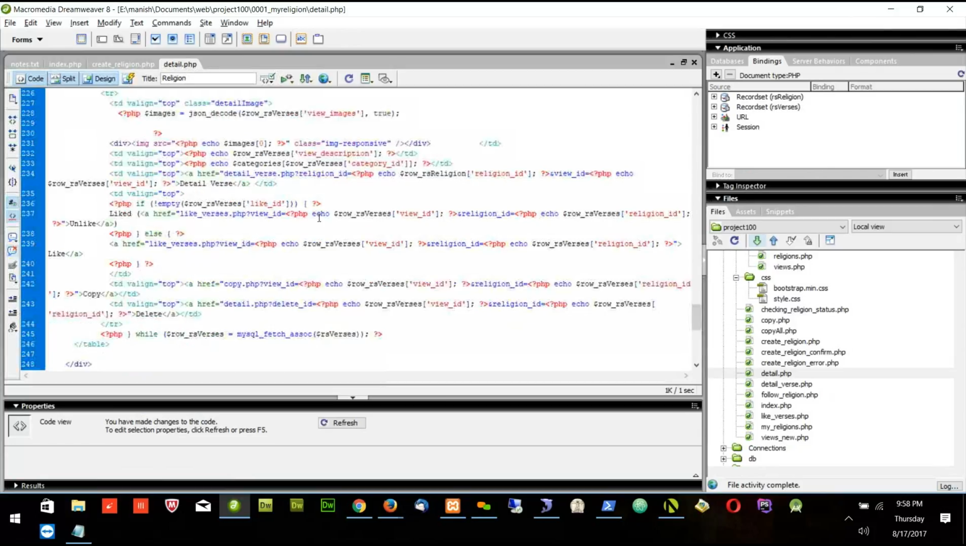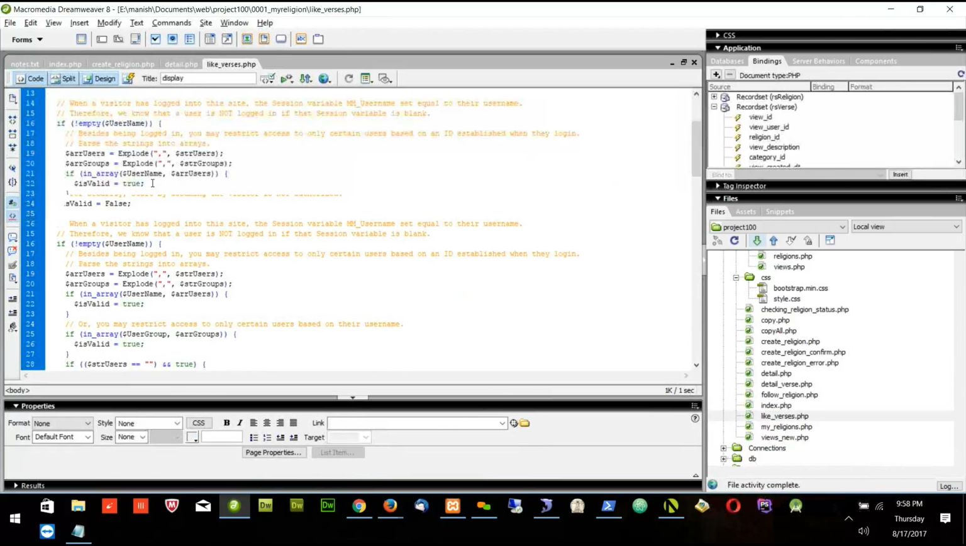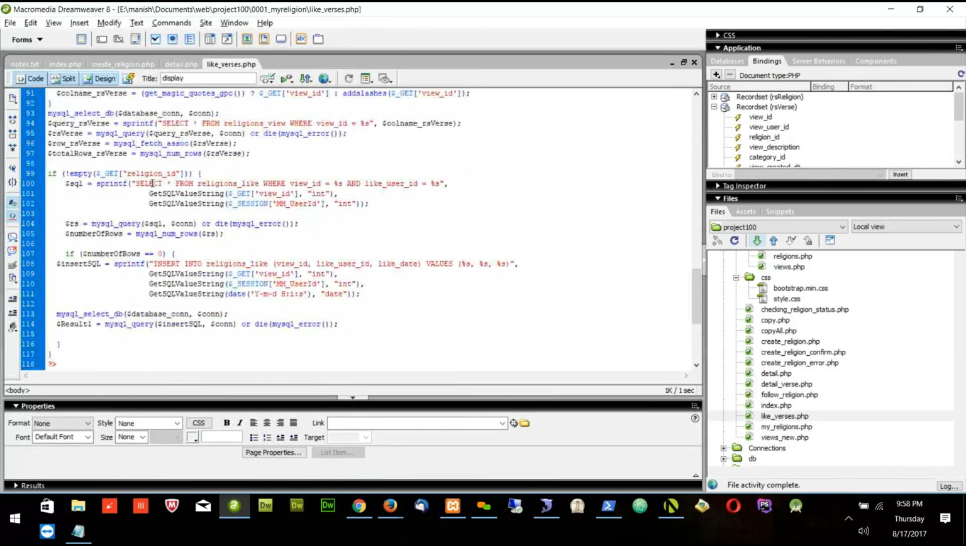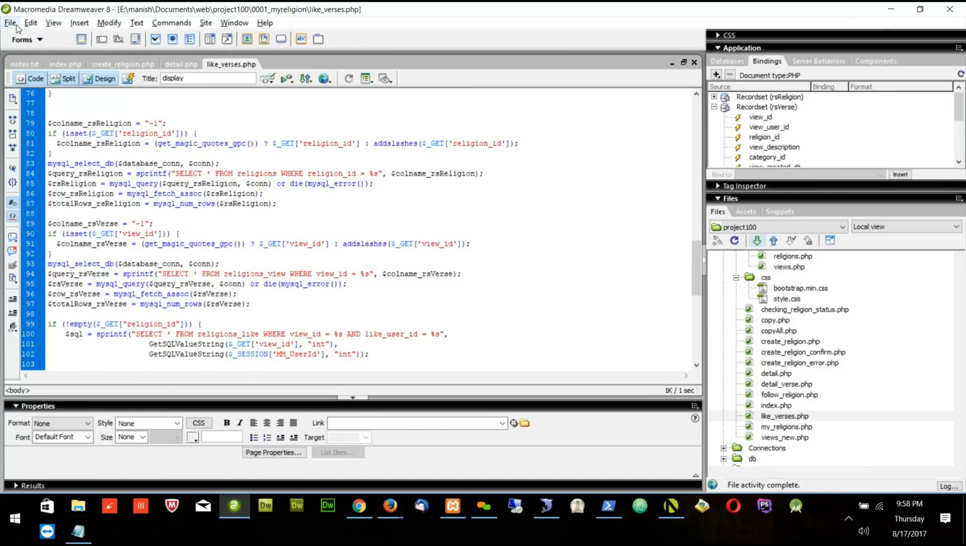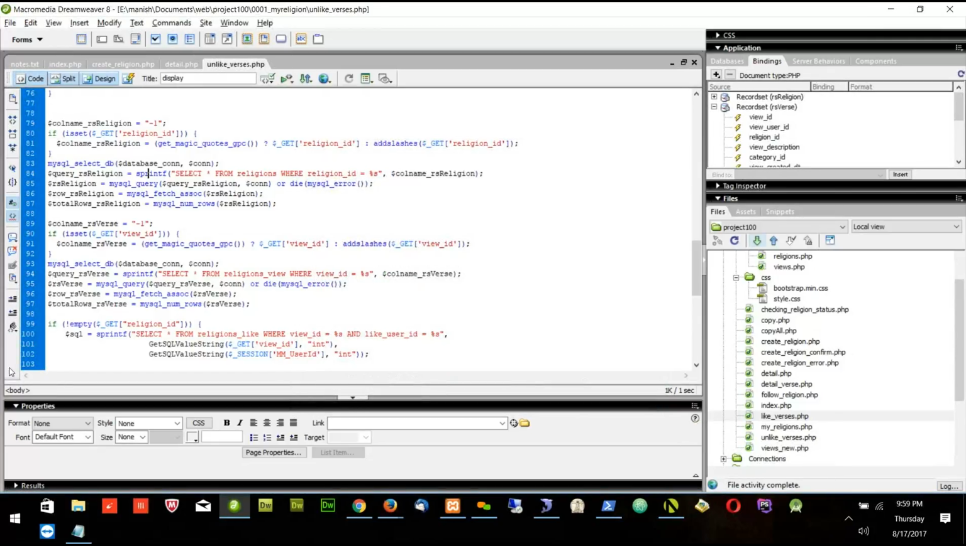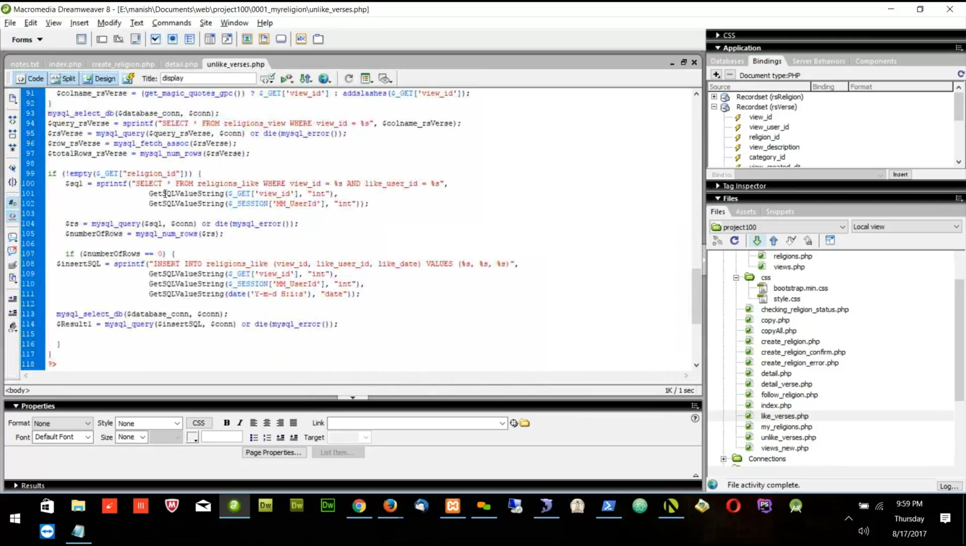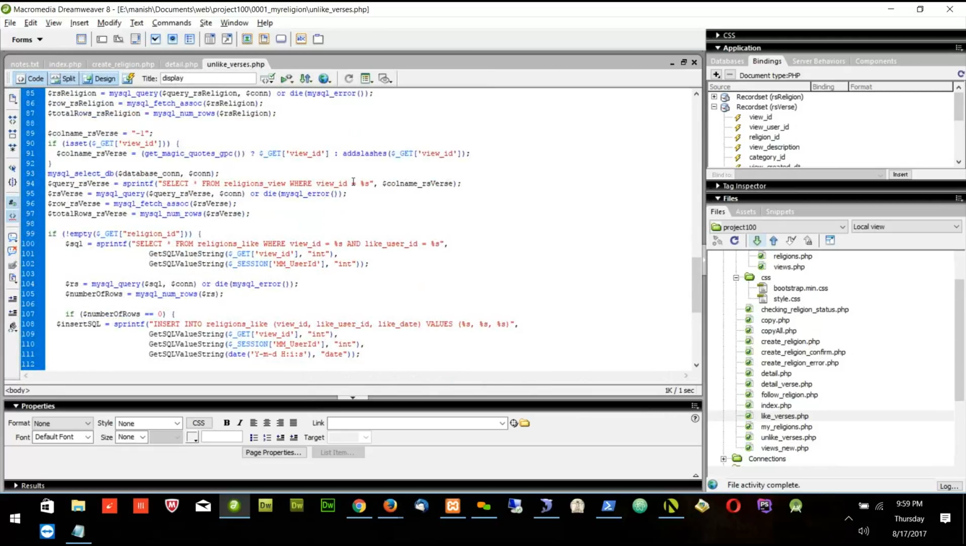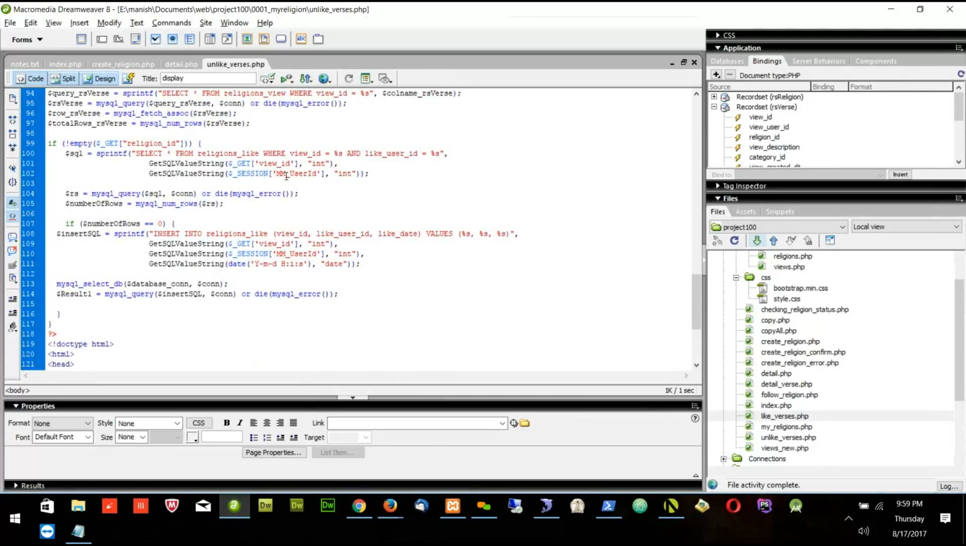We need to create a page to unlike it also. It will be similar to the like one. I will save it as unlike_verse.php. So here directly, since the record is there, I can directly